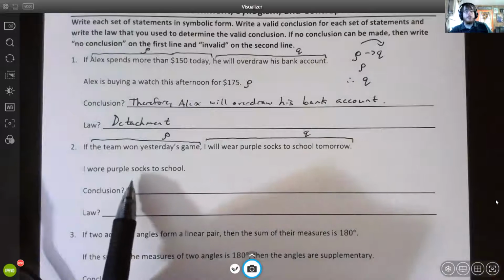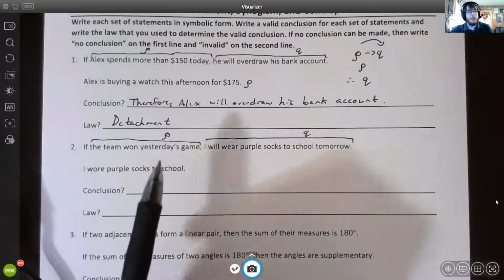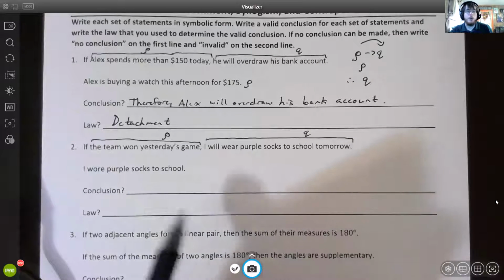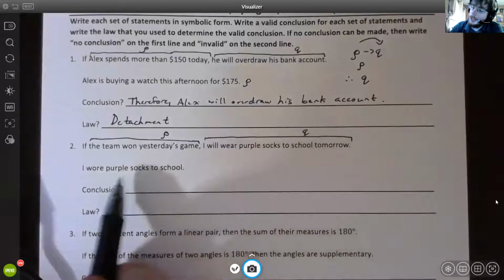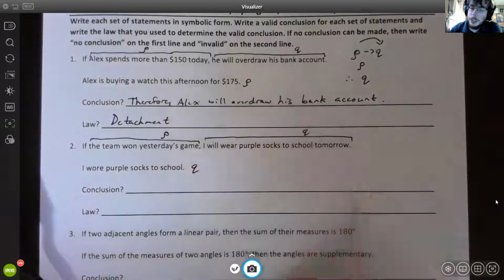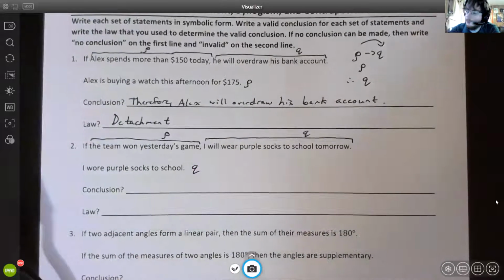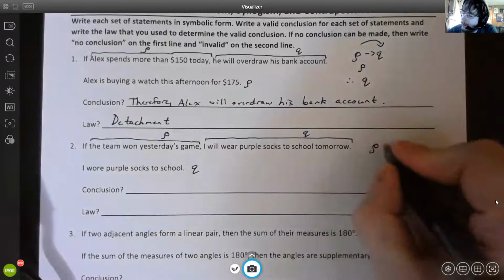And which one does that relate to? Does it relate to P or does it relate to Q? Well, Q talks about wearing purple socks, and these are the same, so that would be Q. So we have P implies Q,